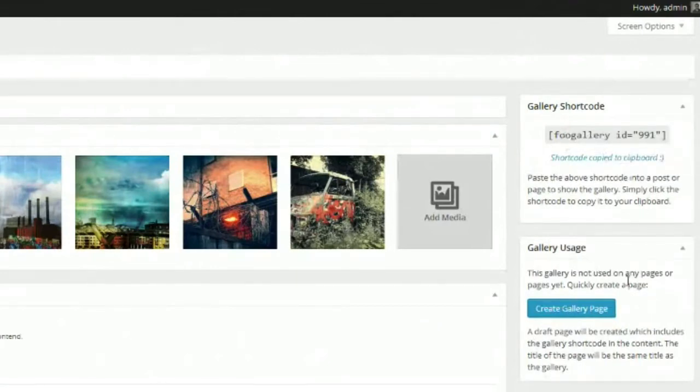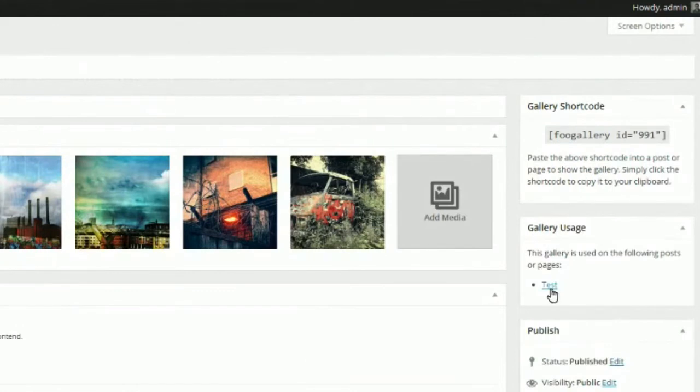We've also added a nice little feature here to easily create a page that uses this gallery. So I don't need to go to pages, add a page, add the shortcode and then publish it. I can just come here and with one click create a gallery page. And then behind the scenes it'll create a draft page for you with the same title as the title I used for this gallery. So if I click on that,